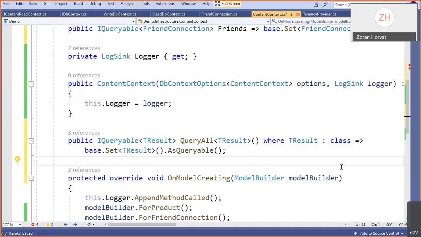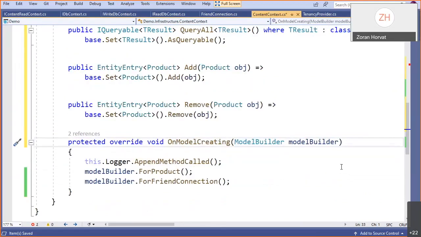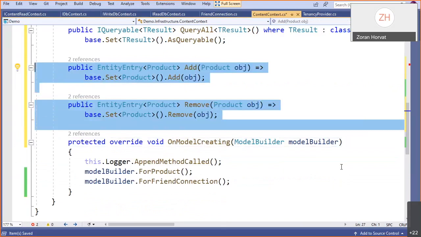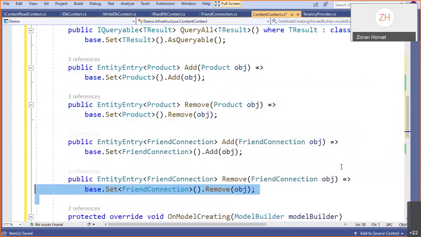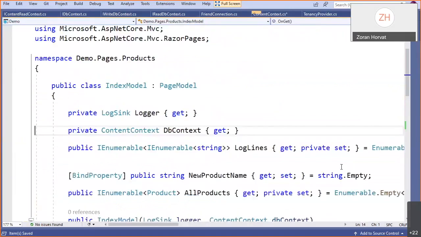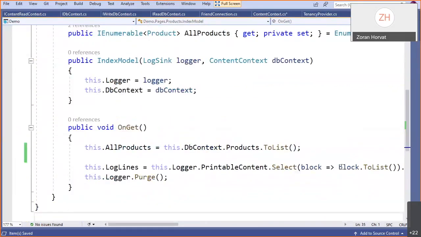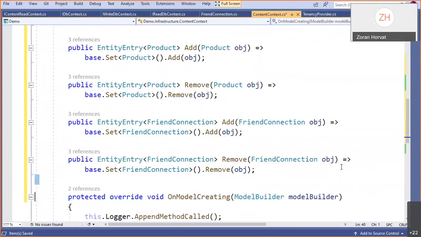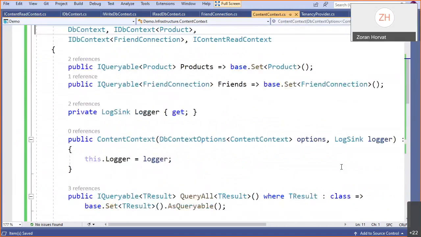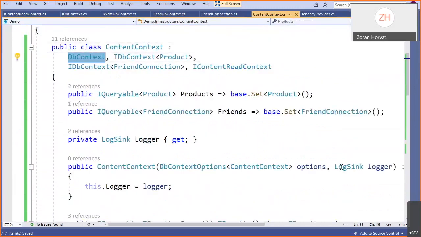I don't have to implement Find because the base DbContext from Entity Framework has precisely that Find method I asked for. I can add and remove products. I can add and remove friend connections. I don't have to implement SaveChanges because again, it is defined in the base DbContext. So I have satisfied the interfaces. And when I have interfaces, I can play with them. I can make